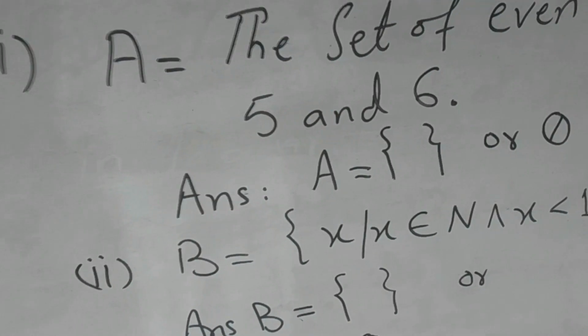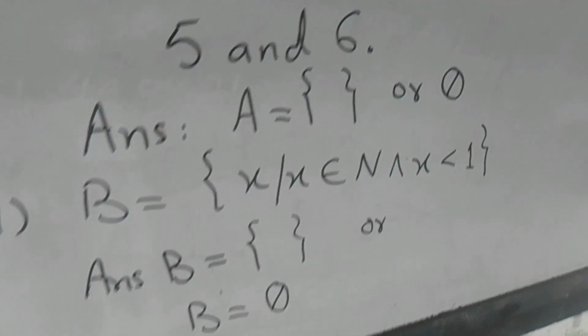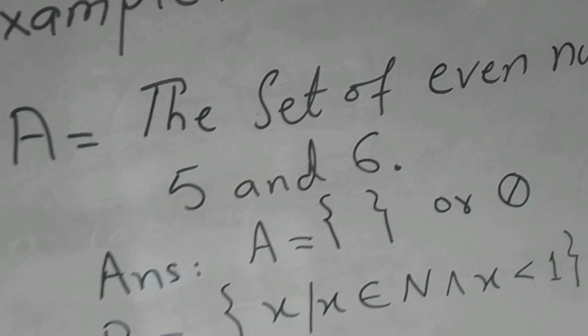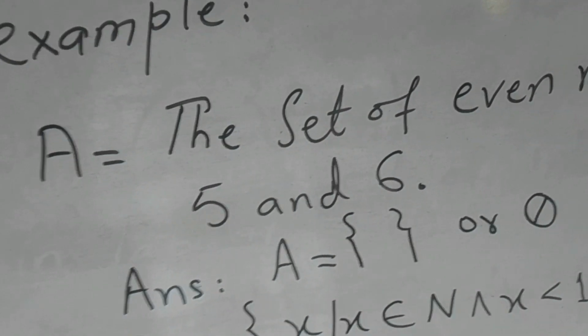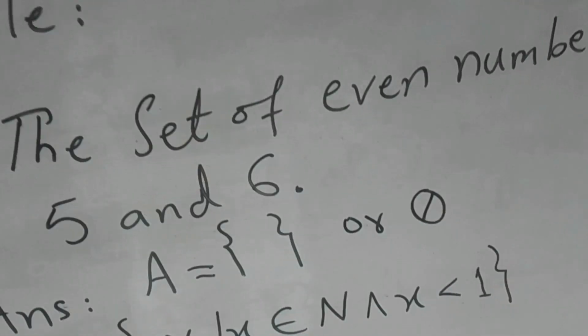But we know there is no even number between 5 and 6, so it becomes empty. There is no number written between two curly brackets, or the set of null set, that is the symbol